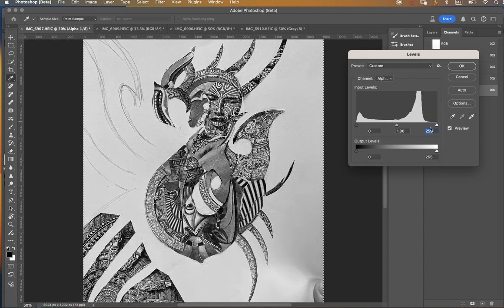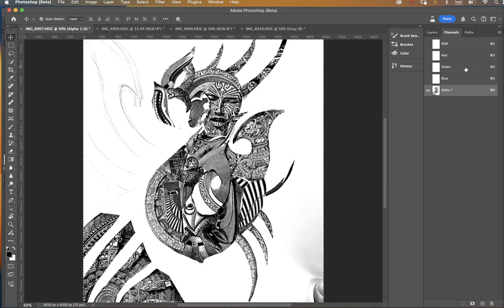So this points to the whites, so I can bring that in. This is the black, so if I bring the black in, I get this contrast. So I'm trying to make it pure black and white without going too far, because then it'll get pixelated. If I see some areas like grey but everything else looks good, I'll go okay, because I can go over